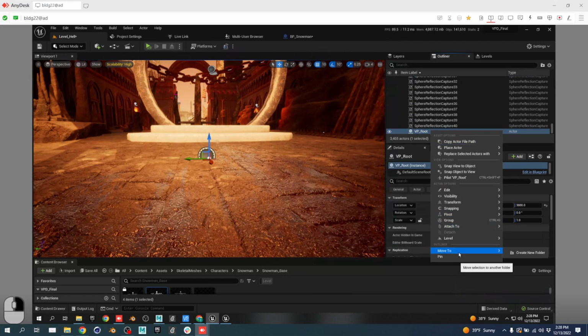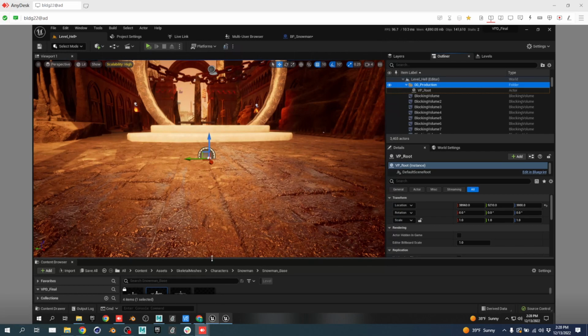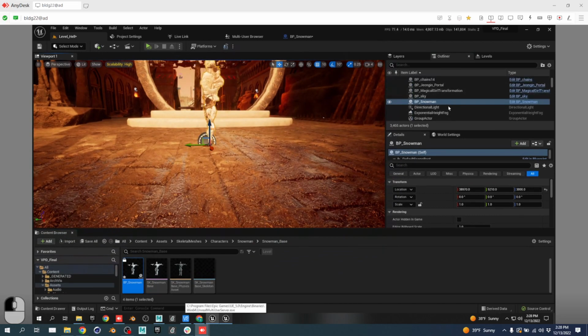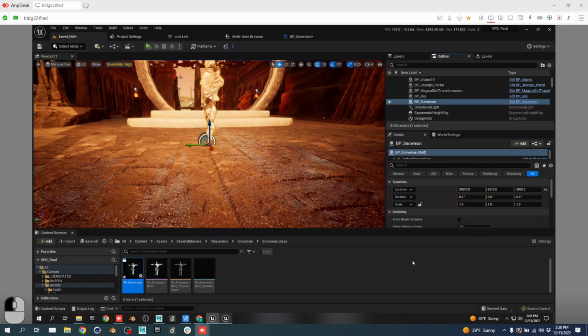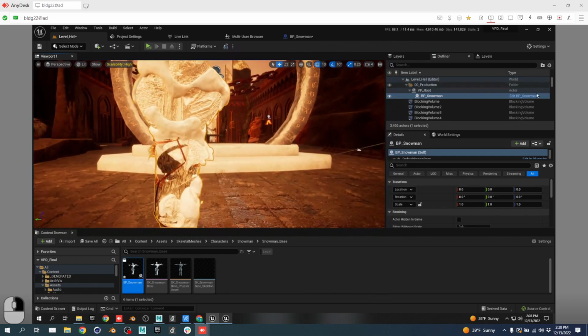And I'm gonna make a little folder called 00 production. All right, and so let's also throw in our snowman. And the snowman, if I right click on it, I can move to production, and then snowman's on the root. Cool. And I can zero him out. Great. And then inside the snowman,